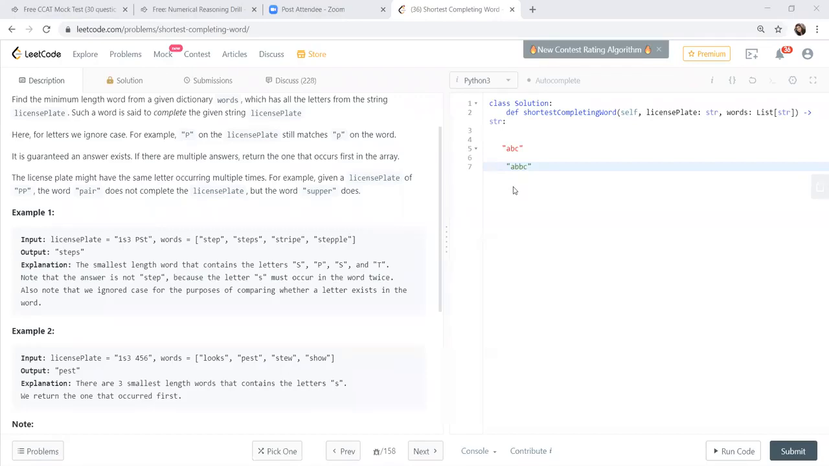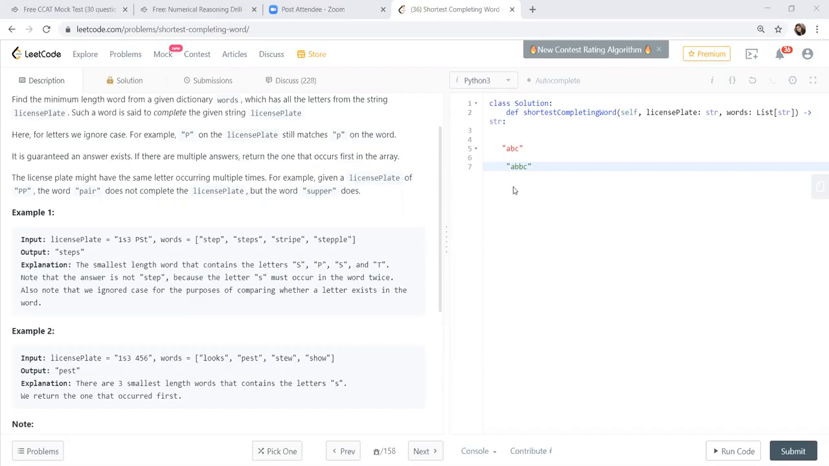Given the license plate and the list of words, the characters in a word can be in any order. They don't need to be in the same order. So sorting is not required. We can just calculate a count of characters in the license plate and store them in a hash map, or maybe an array of 26 characters. That also works. Then for each word, one way is to